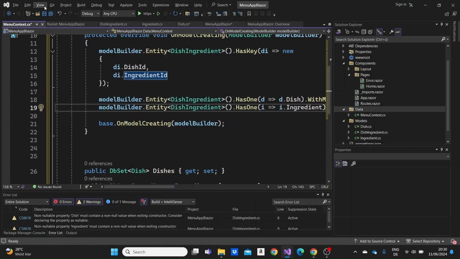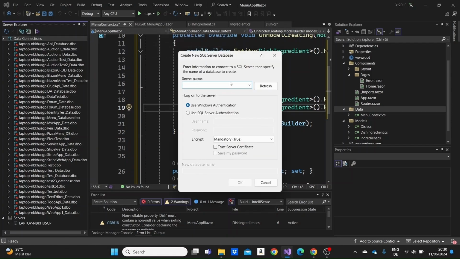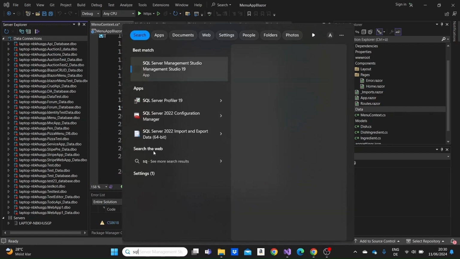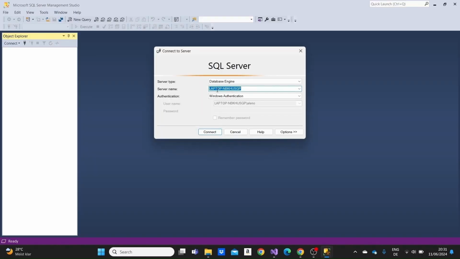So let me just go to View here, Server Explorer. If I right-click on Data Connections, add a connection. No, create new SQL Server database, because we're going to need to create a database for the project. I'm going to need to take the server name by going to SQL Server Management Studio. Okay, so this is the server name. Let me just copy it